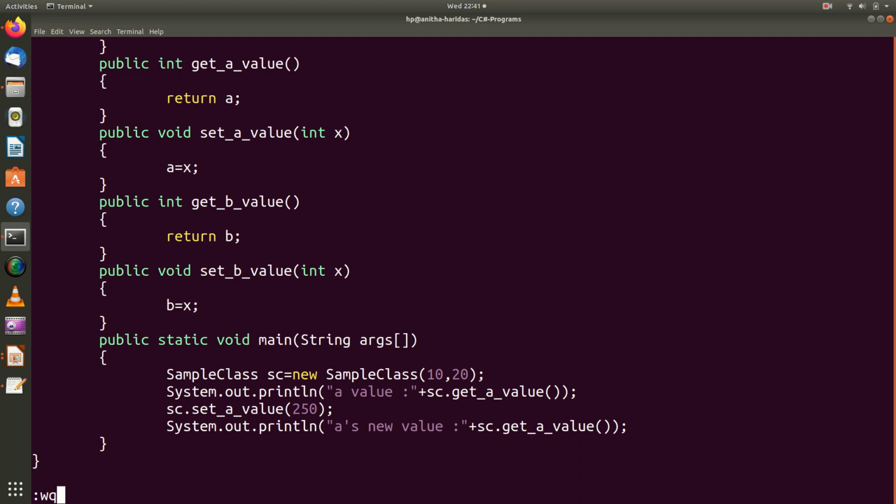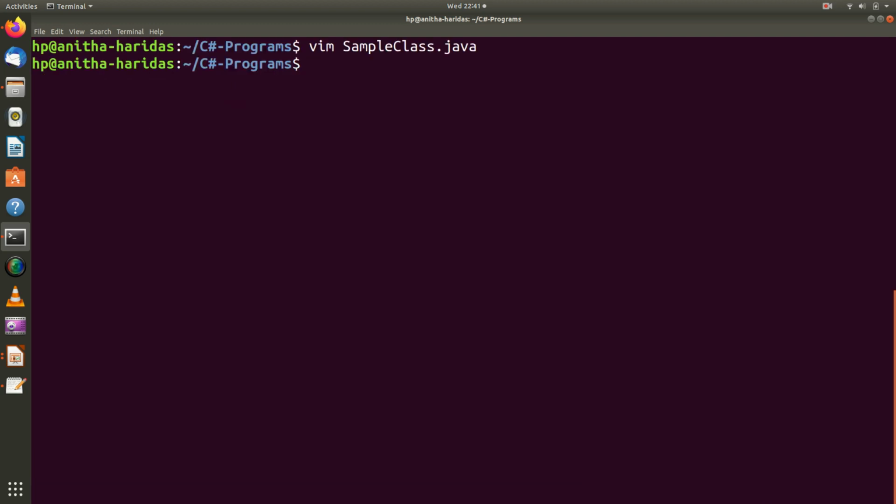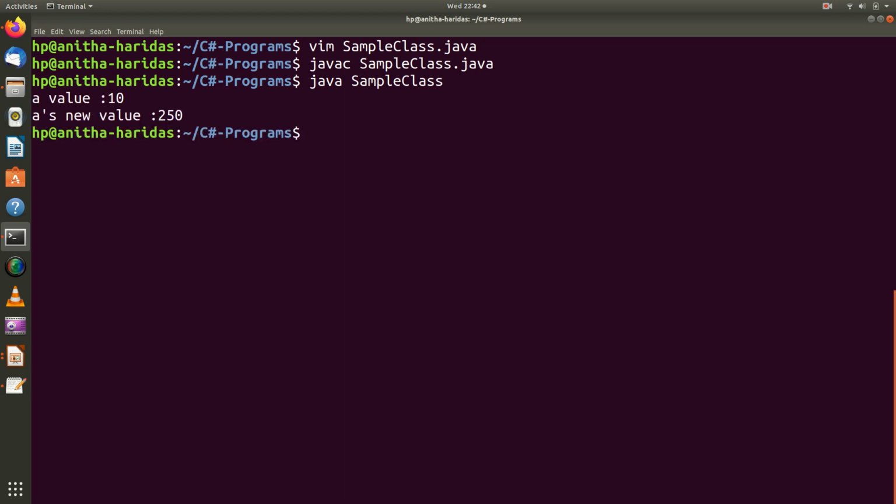So if I am going to execute this program, you will be compiling this program using javac. Then you run the program using the Java interpreter. Okay, you get the value of A, which is 10, and the new value I have assigned as 250, which will be displayed.